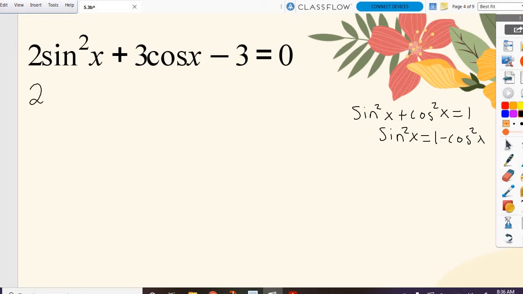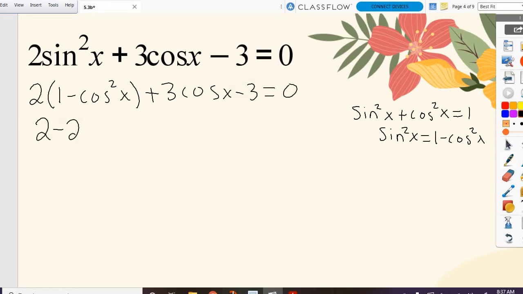So we're going to substitute that in for our sine squared. But be careful because that 2 is still on the outside. So we are going to have to distribute that before we can start trying to solve. So we end up with 2 minus 2 cosine squared plus 3 cosine minus 3. So then combining my like terms,